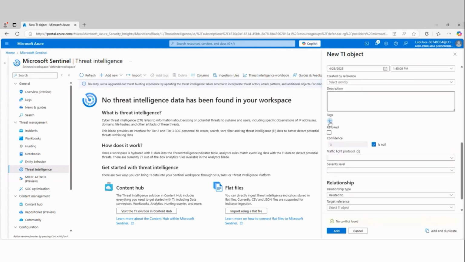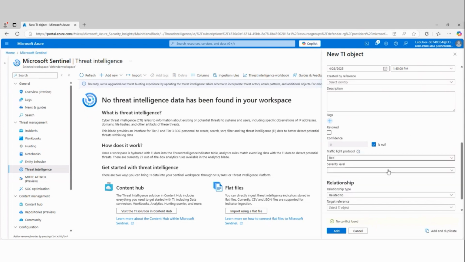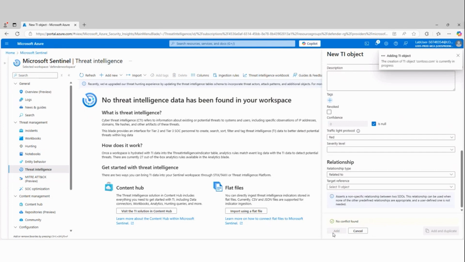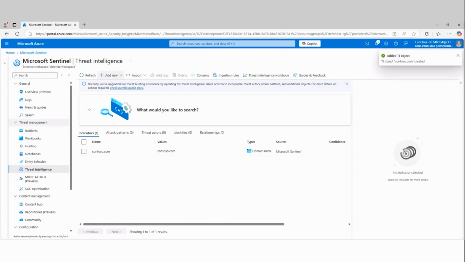You can add additional metadata tags if you want to. Again, you normally want to sit down and come up with a standardized way of doing that. If it's a certificate or if it's no longer valid, you can revoke it if you need to. And then, what is it? We call it the traffic light protocol to help you identify, is it good, bad? In this case here, it's red, it's bad. We can put the severity level, one could be good or one could be bad. 5 could be good, 5 could be bad, depending on how you define you want it. And then you select the add option. So you fill in all the pertinent information and then you select add.